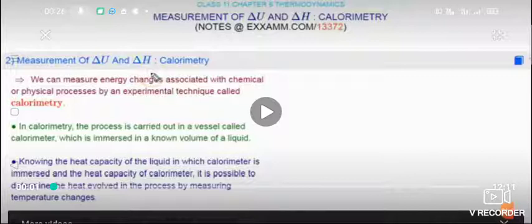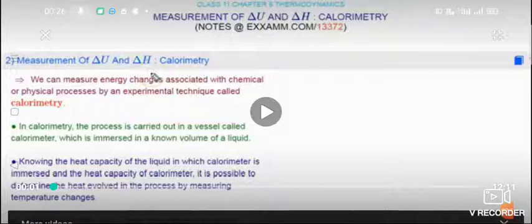So delta H is equal to Q minus P delta V plus P delta V. Delta H is equal to QP. That is the final value. So when you see these enthalpy changes, delta U and delta H can be measured. Delta U is the internal energy change and delta H is the enthalpy change.